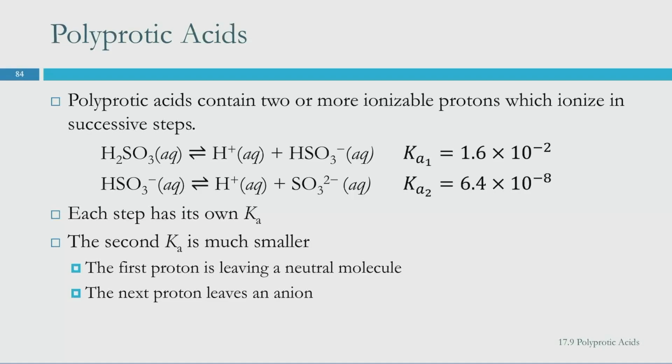Polyprotic acids are kind of like mixing acids, but it's just one acid. So like sulfurous acid, H2SO3. Sulfurous acid can release one of these front H's, one of these protons, as a proton, and produce HSO3 minus,